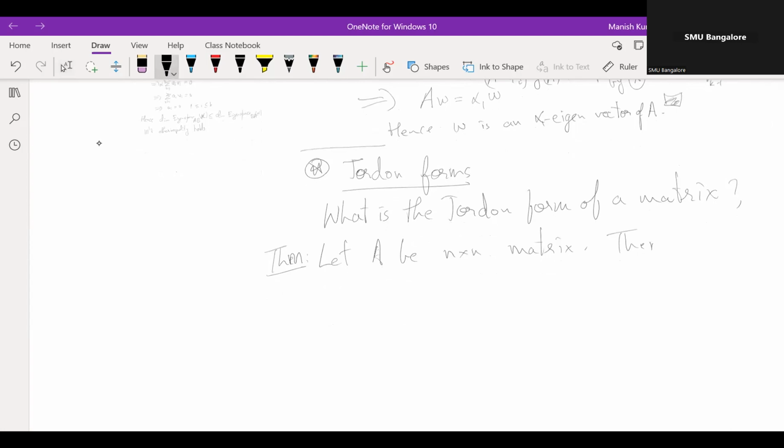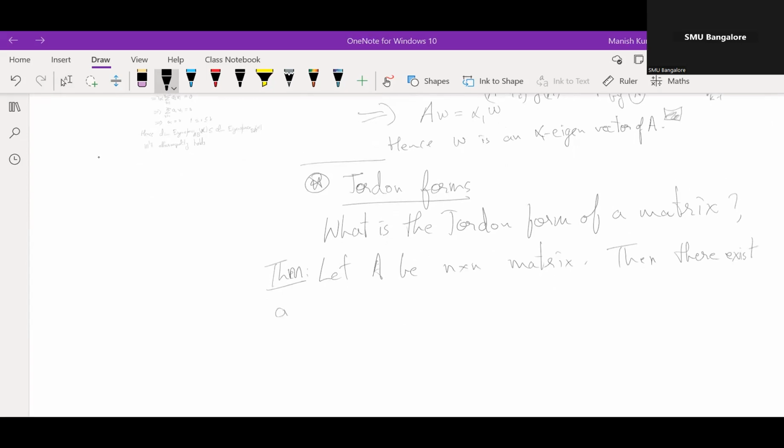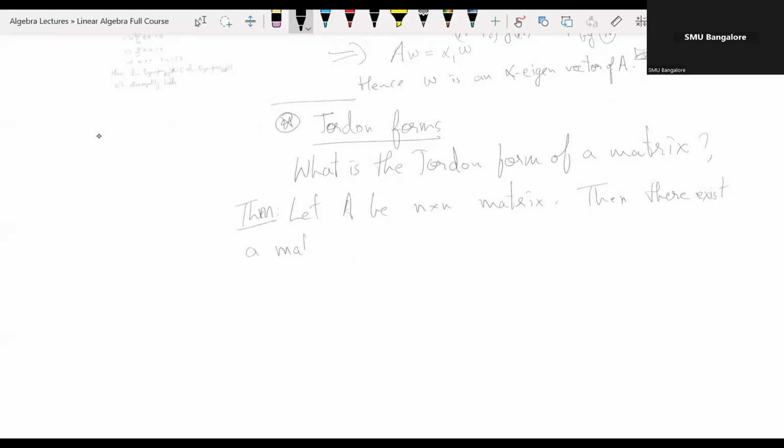Then there exists a matrix, basically A is similar to something which is called the Jordan form. There exists a matrix P such that P inverse AP looks like,